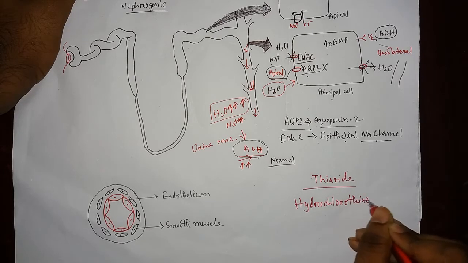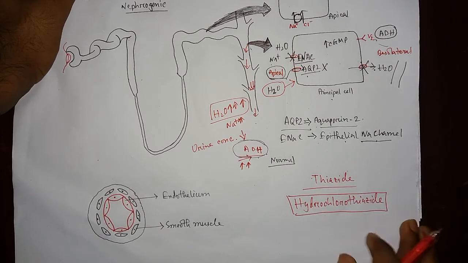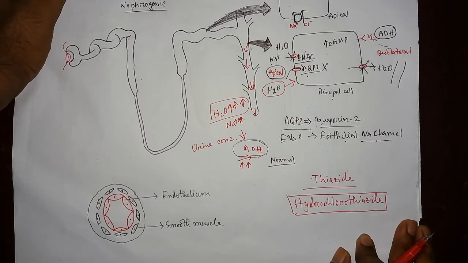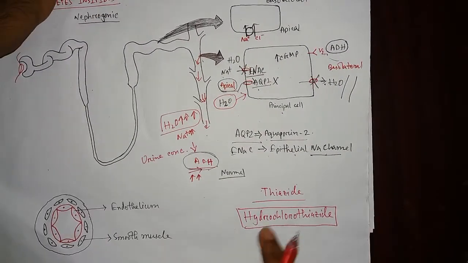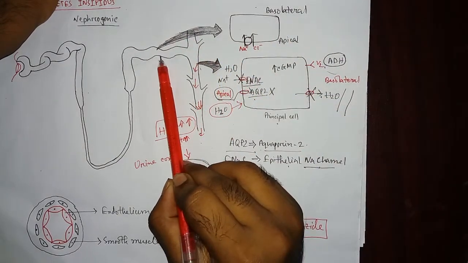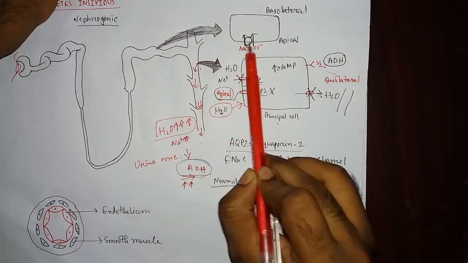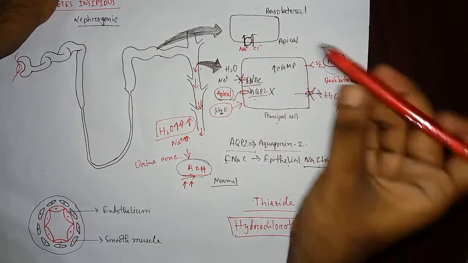How hydrochlorothiazide works, how it causes diabetes insipidus, and how it helps in diabetes insipidus. Hydrochlorothiazide, or the thiazide group of diuretics, works in the distal convoluted tubule. In the distal convoluted tubule, there is a sodium chloride symporter in the apical portion of the cell, and it blocks